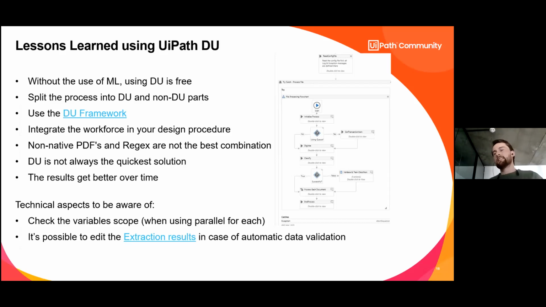This means that, for instance, integrating document understanding into the REFramework is kind of difficult, as you do most of your processing in the Process.xaml, and taking things out of the Process.xaml creates, well, a bit of a sticky situation. This is also due because you, if you want